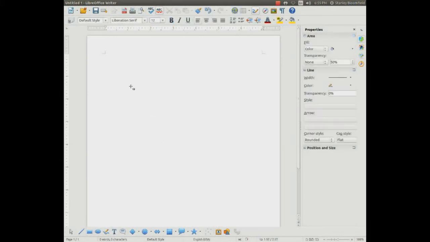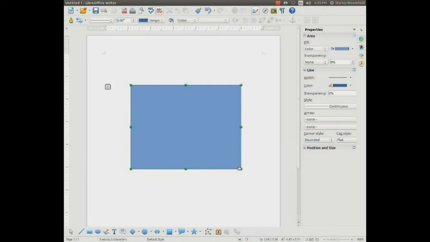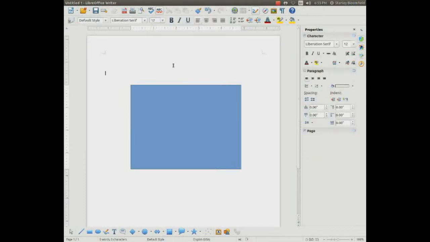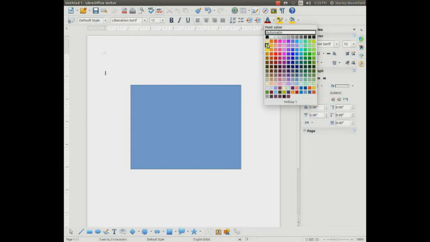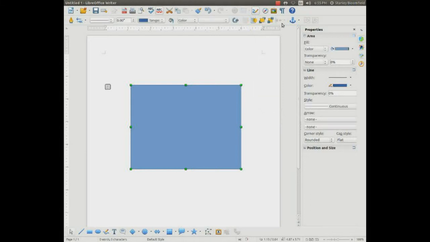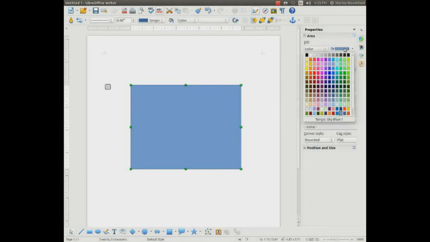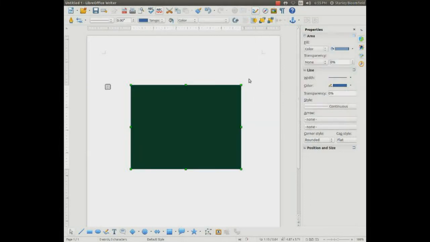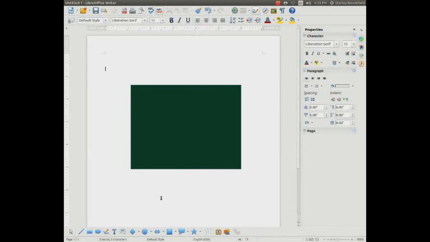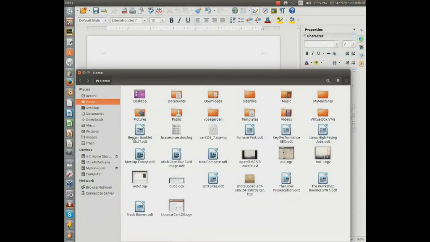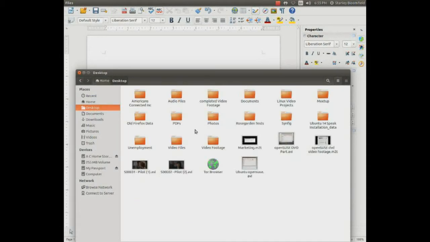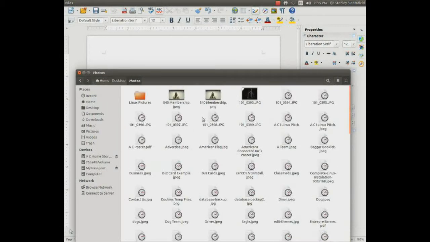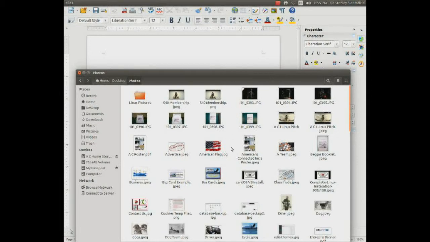Let's see. Okay, and I'm just going to put a rectangle. All right. Now I clicked out of it. I want to go with a dark green background, and so I'll just go there. All right. Now I'm going to go into my desktop, and I have photos, and these are all my photos